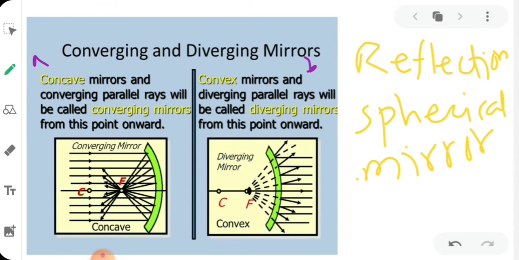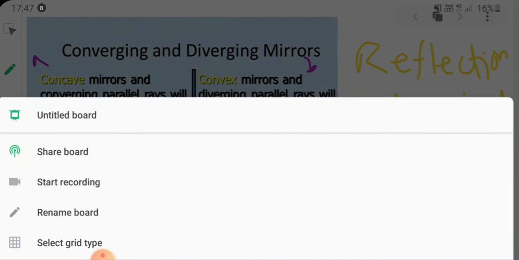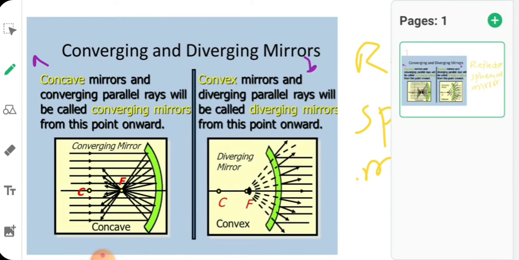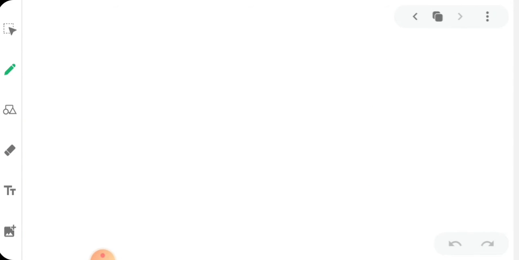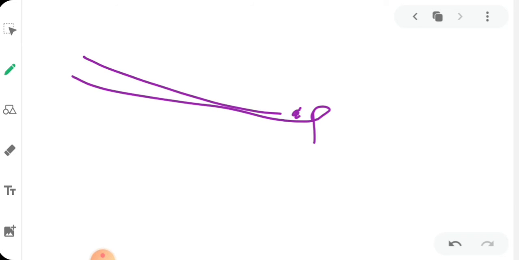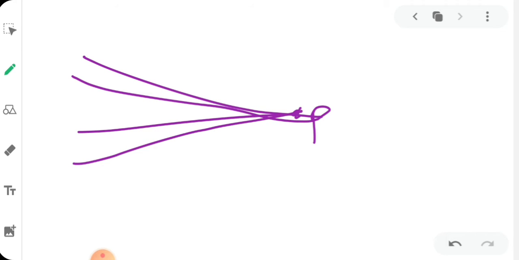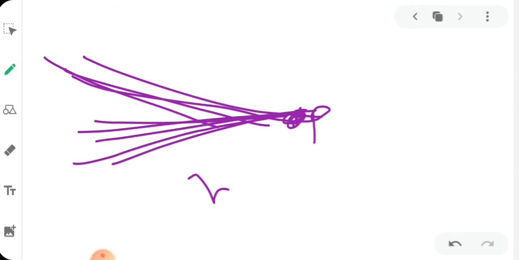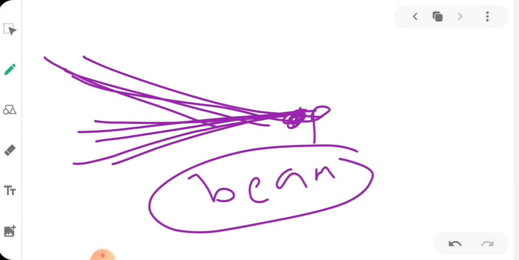Let us first draw a rough sketch. Let me add one more slide. Suppose this is a particular source point P, and a number of rays come and meet at the point P. So this point is the converging point. These rays are the converging rays. A number of rays together, when they come to one point, is known as a beam. So that is the converging beam of light.